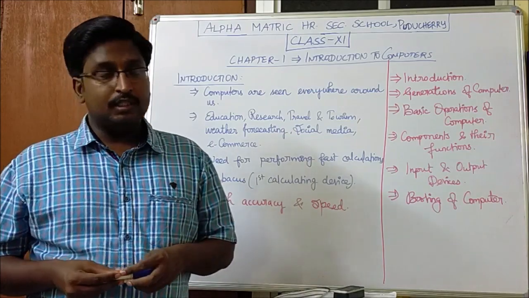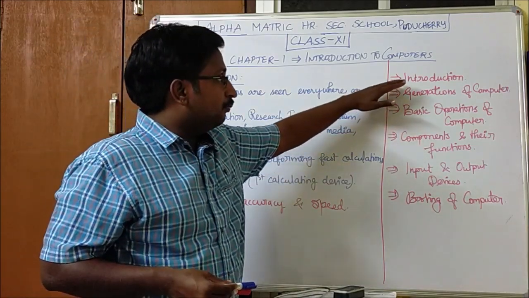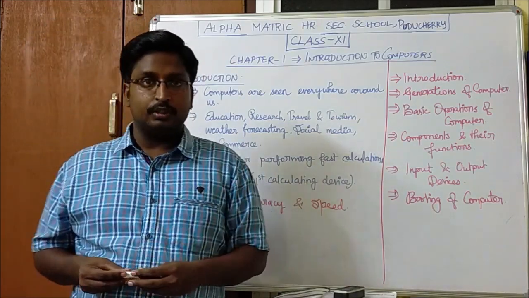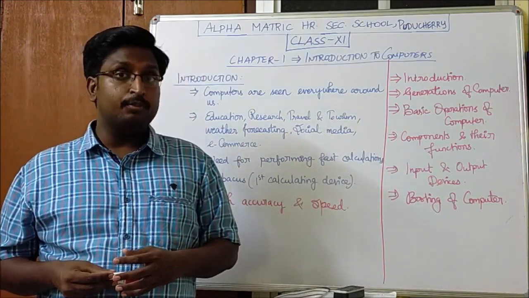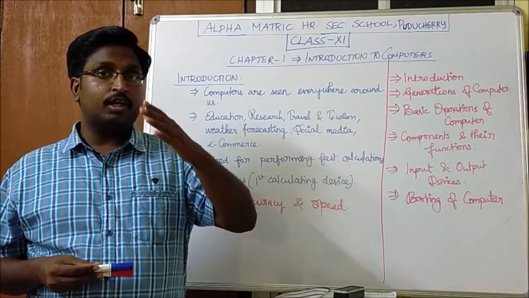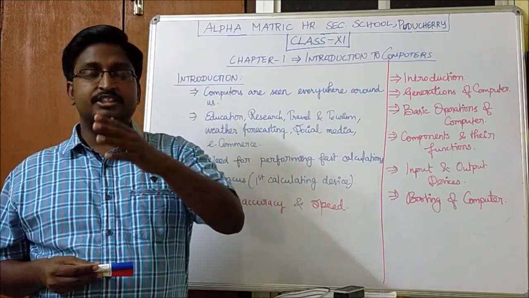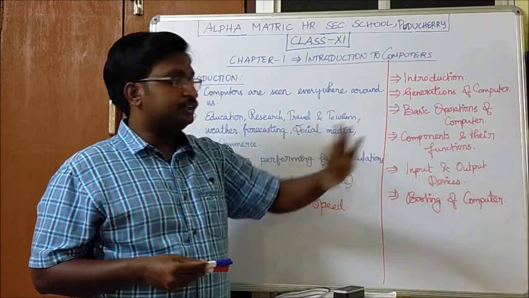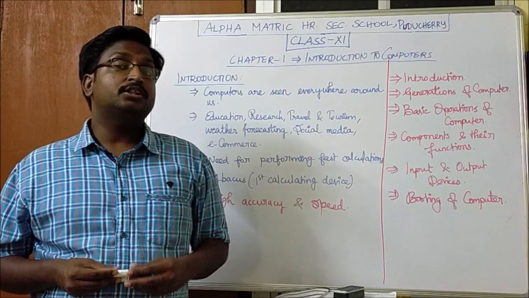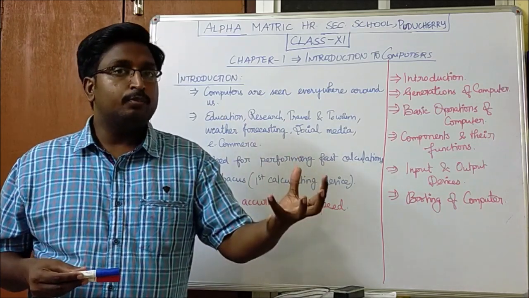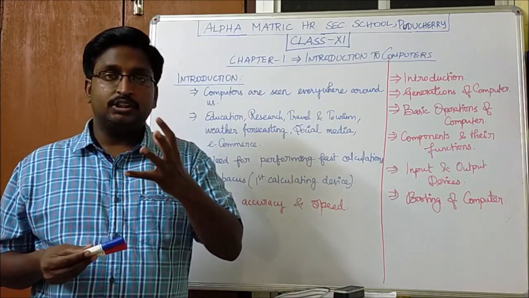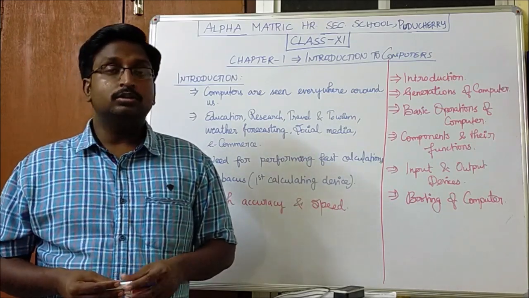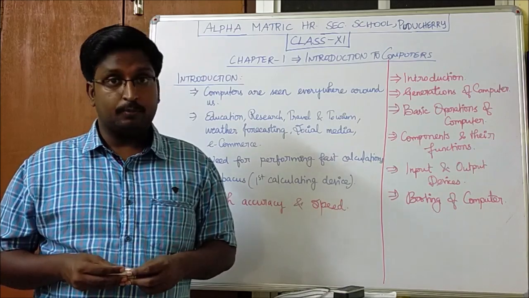In this chapter, we will be discussing, starting with a small introduction to the computer, and the various generations of computer. Based on the development in computer technology, they have categorized the computer into several generations. Then the basic operations of computer. The basic operation of computer is nothing but getting the input from the user, processing it with the help of the processor, and producing an output. So these are the basic operations of a computer.